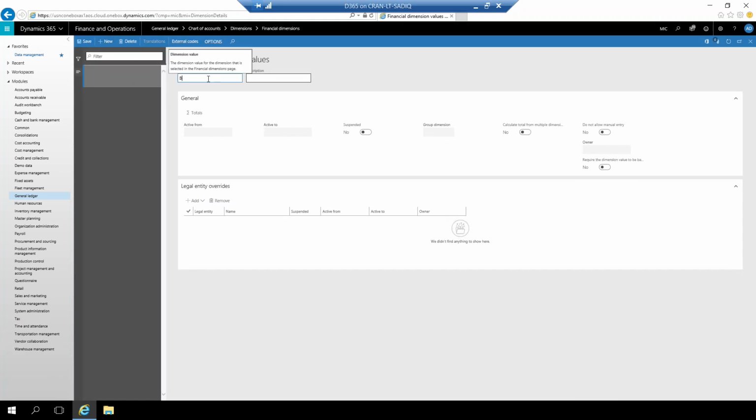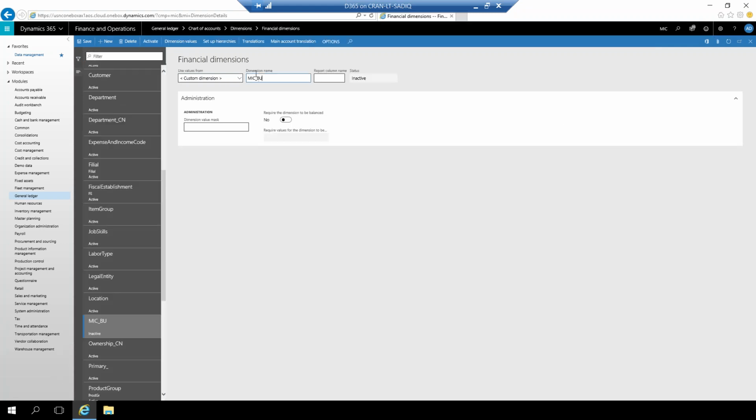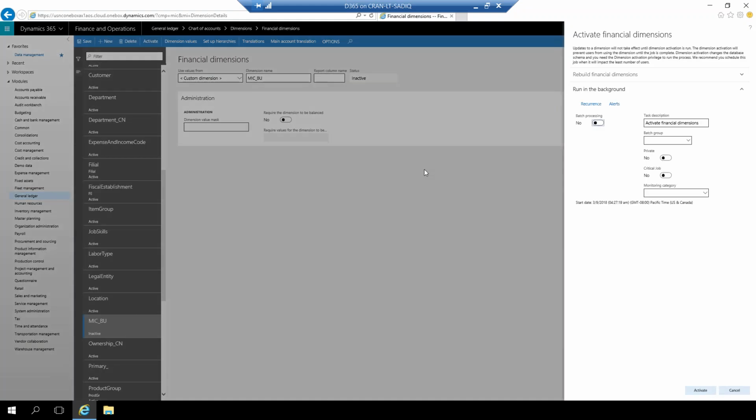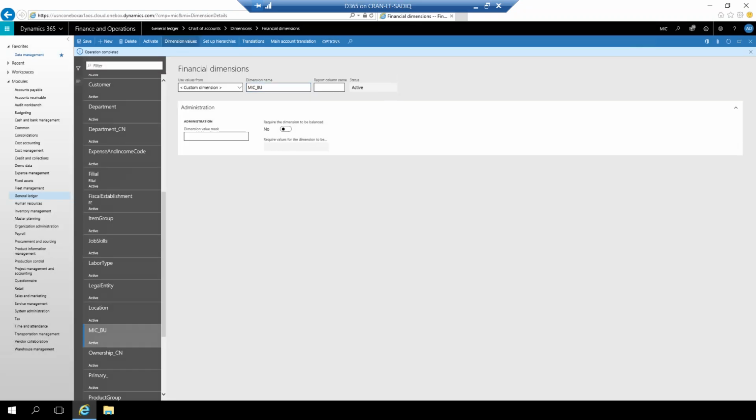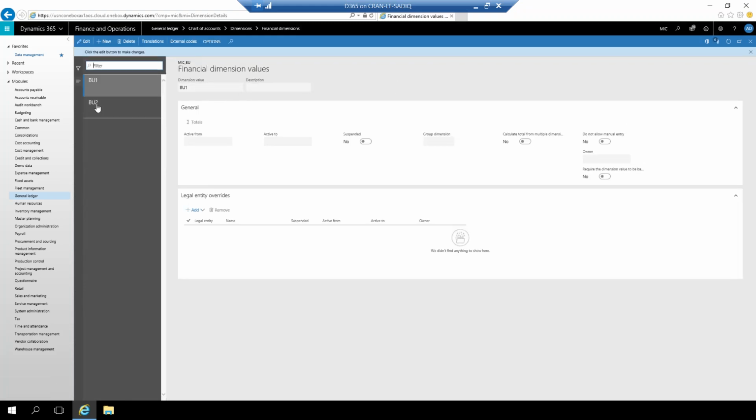You keep adding, like business unit 1, save, new, business unit 2, save, you go back, you activate it, and if you click here the dimension values, you will be able to see those dimension values, business unit 1,